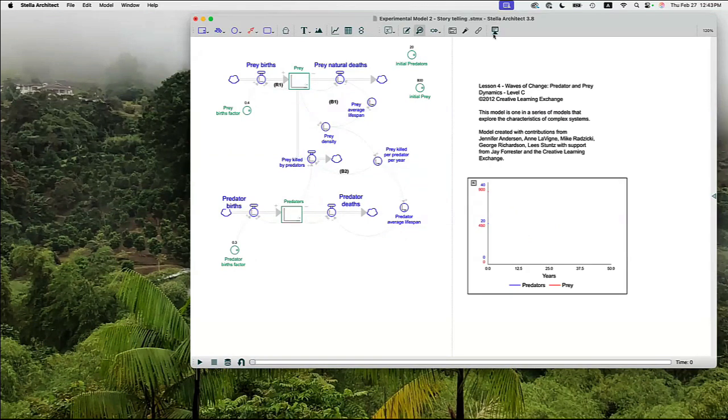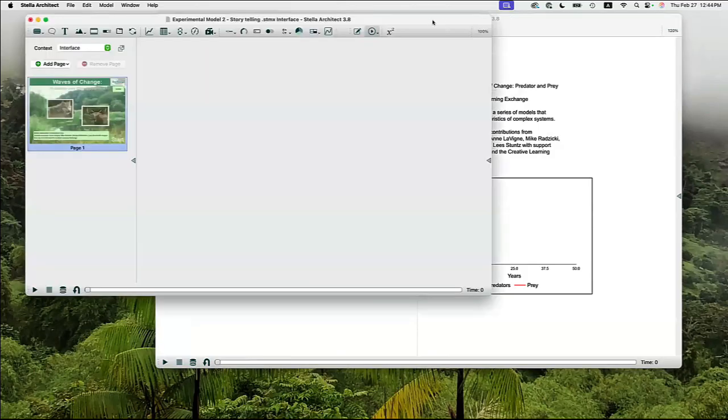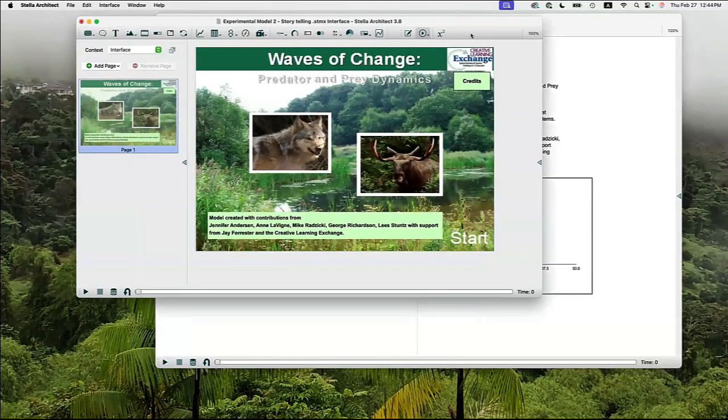I hope you can see this. Is this big enough on the screen for people to see? Yes. There's an icon here that looks like a monitor with a little triangle base underneath it. If I click on that, it will open up the interface window. And typically you might get a window here that would just say, do you want a template? I've just taken the first page of the Creative Learning Exchange interface to use as a basis for this,